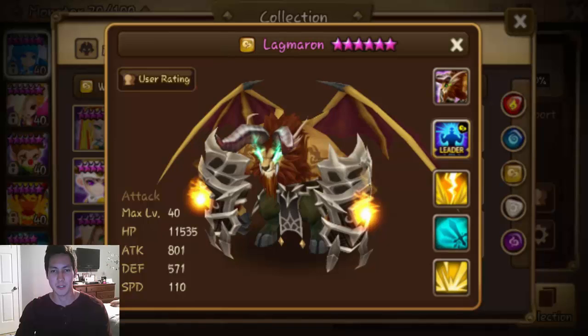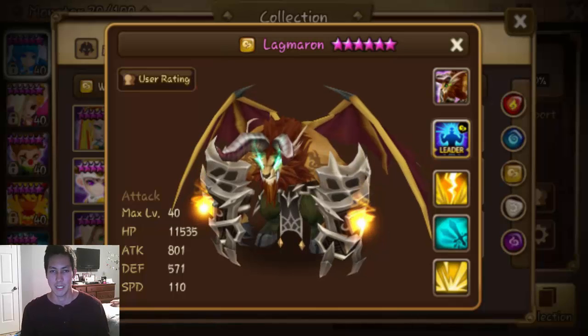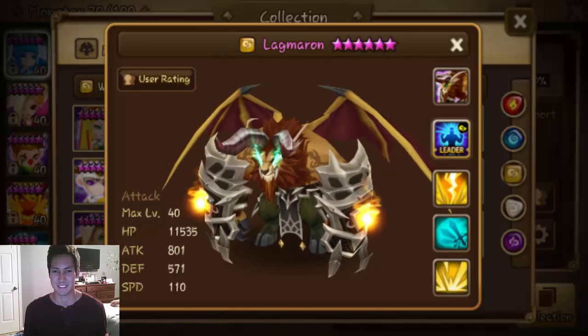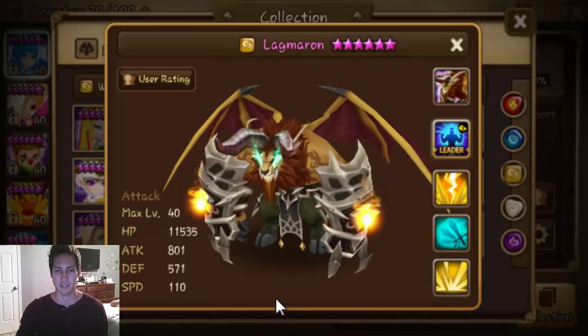So if you have a Chloe, use that. Try to have your Chloe as fast as possible. That's always definitely the best way to go, is having a fast Chloe. But for me, I would just tank it out and probably nuke him down first,